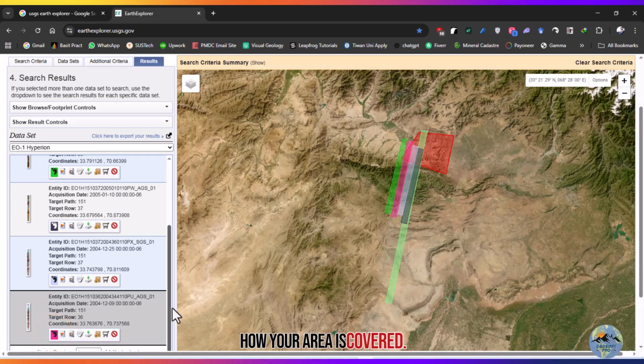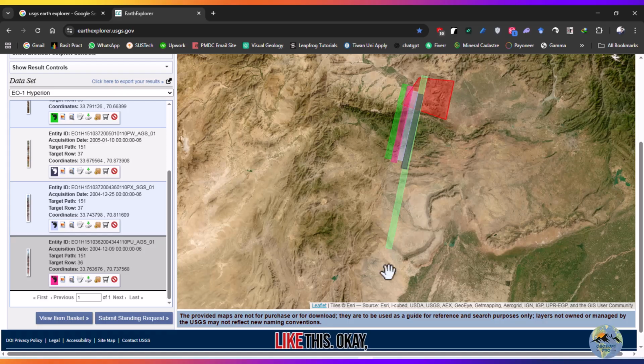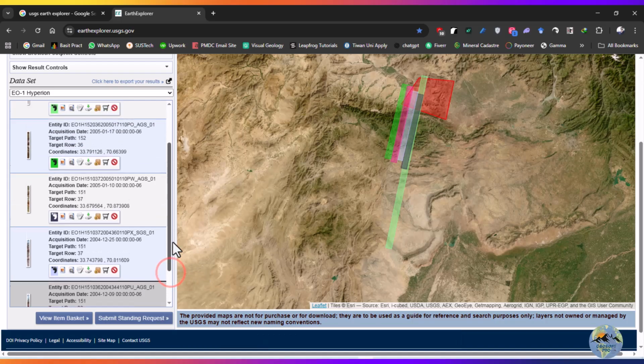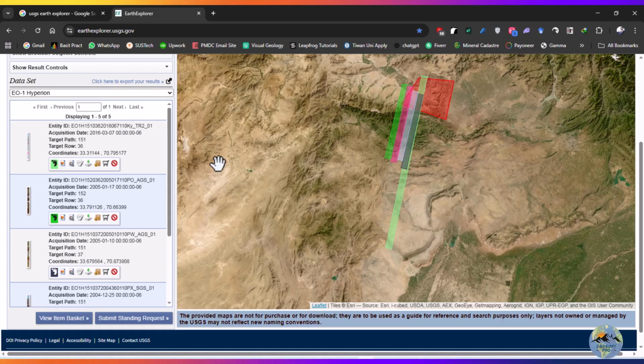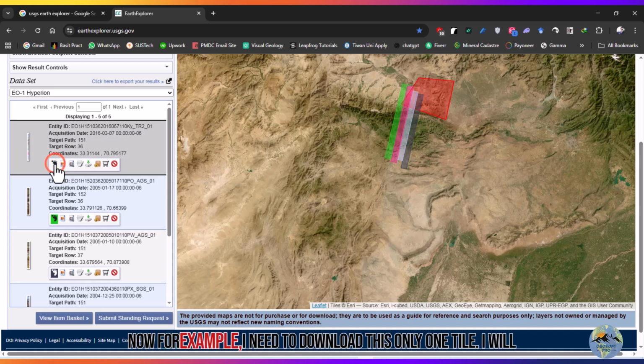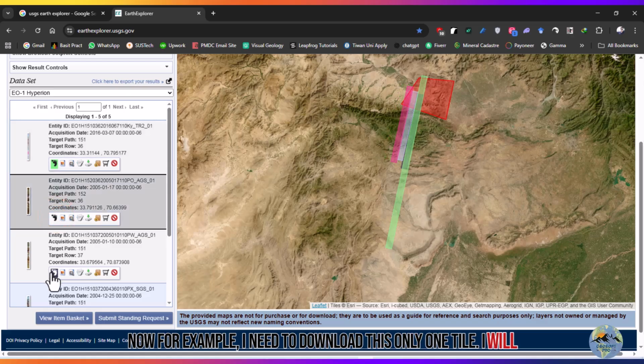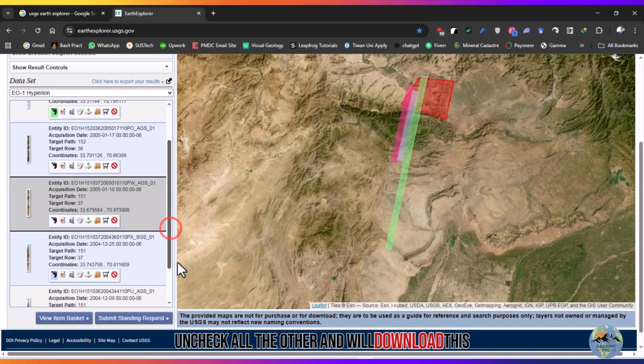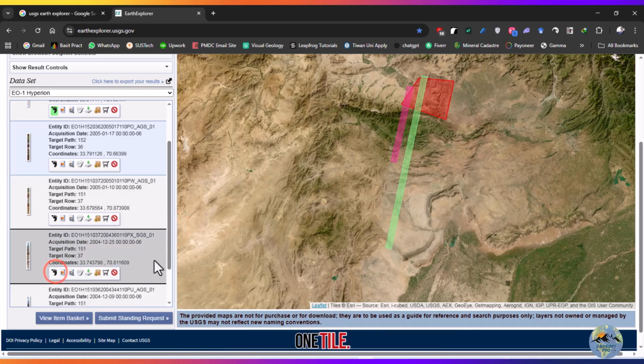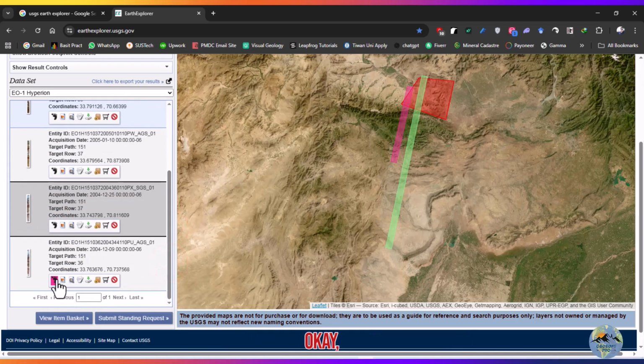You can see how your area is covered, like this. Okay, we have only these results for the Hyperion, so we don't have results for all of our area. The other data is missing here. Okay, now for example, I need to download only this one tile. I will uncheck all the others and will download this one tile. Okay,